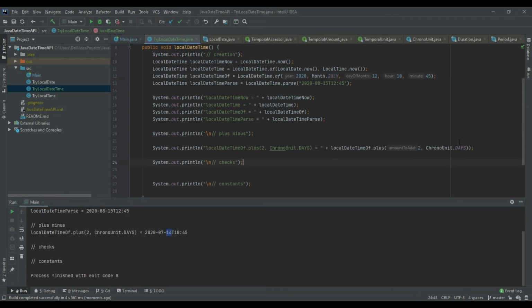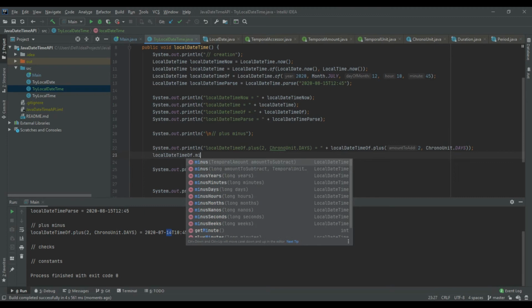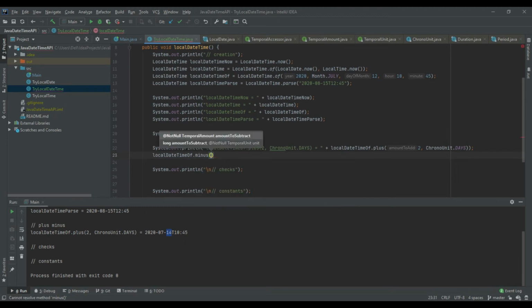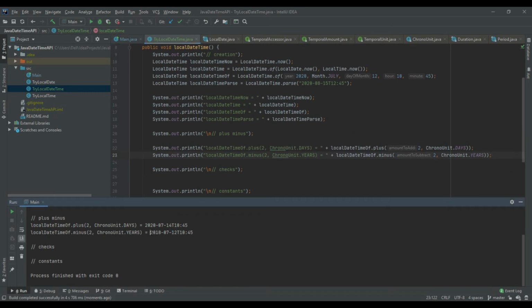Okay, and also we can use local date time off dot minus, I'll subtract 2 years from the local date time, ChronoUnit dot years. 2 years subtracted, so the result is 2018.